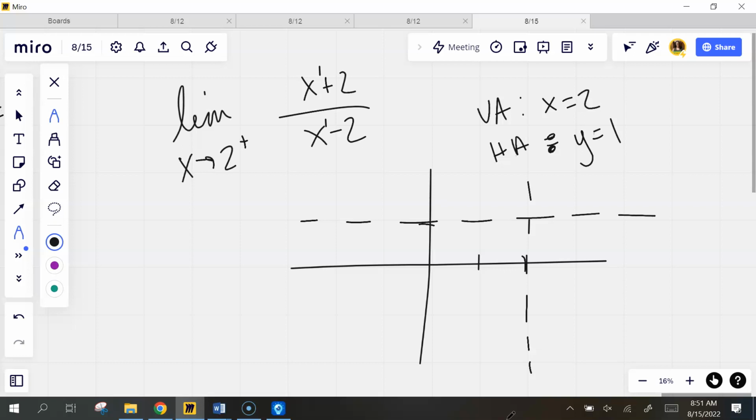I just am not real sure where my little pieces of my graph are. Is that what y'all got when you graphed it? Looks something like that. So the limit as I approach 2 from the right would be